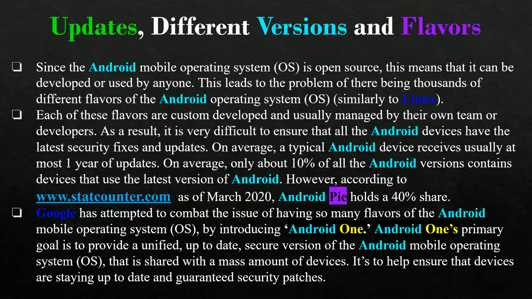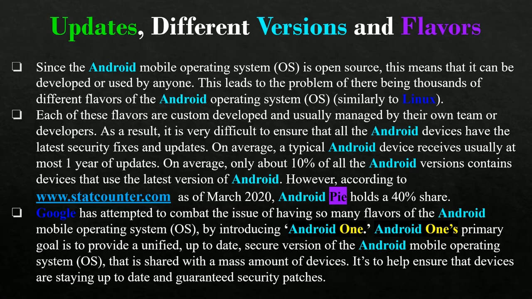Therefore, a lot of devices are not getting updated, compared to iOS, where we're updating devices that are 6, 7 years old, and they're still getting the latest and greatest patches or security patches. Even for devices where Apple has said it's no longer supported, if there's a major security flaw, they'll still go back and patch it. Unfortunately, you don't have that privilege with Android, because you're heavily reliant on your manufacturer and the person who made that version of Android.